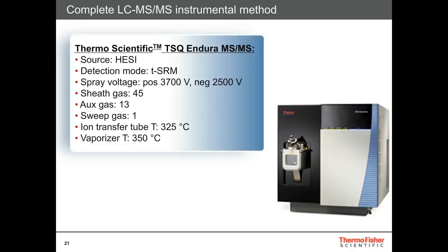And in the next few slides, what you'll see here is a validation of the Endura method, so that it shows the good reproducibility and the types of data that you can expect when you look at the Pesticide Explorer collection package. And with that, I'll hand it back over to Katerina. Thank you, Ed. Here's Katerina back, and I will continue the presentation and give you more details about the validation